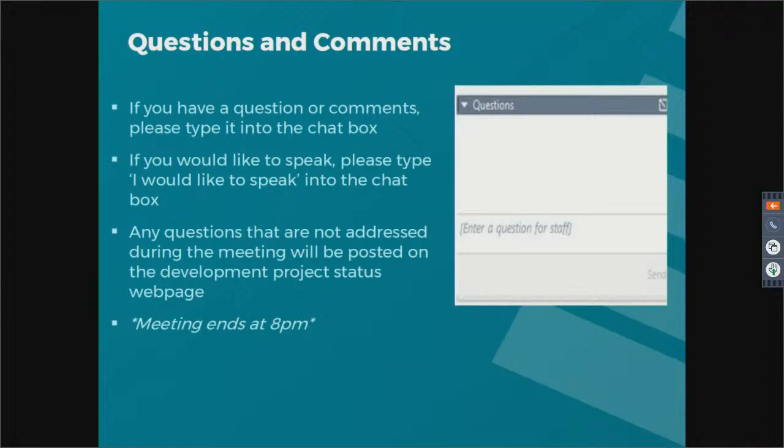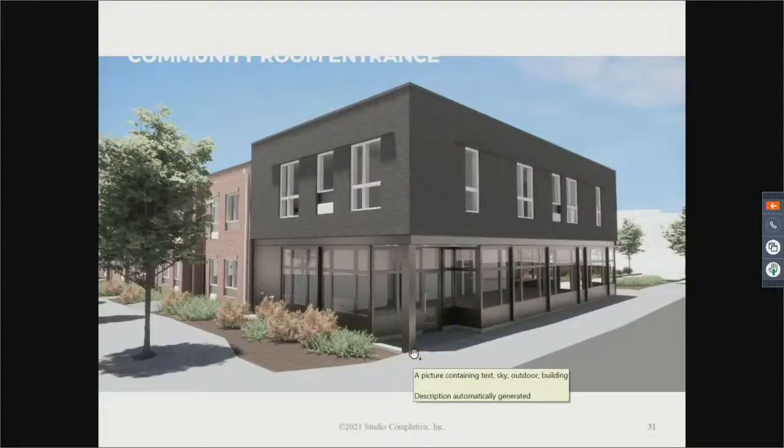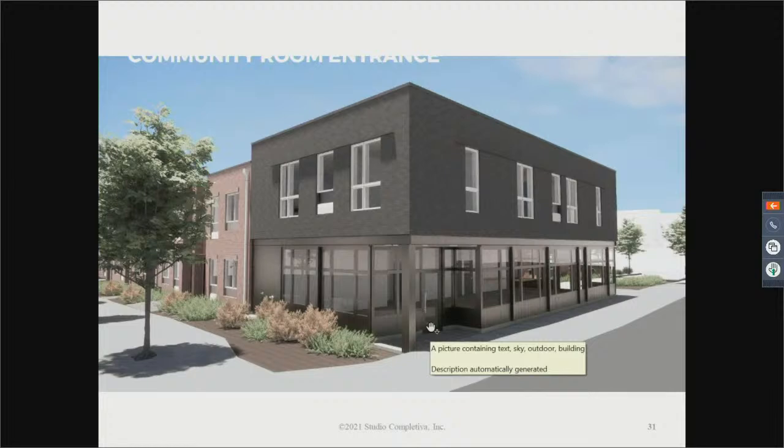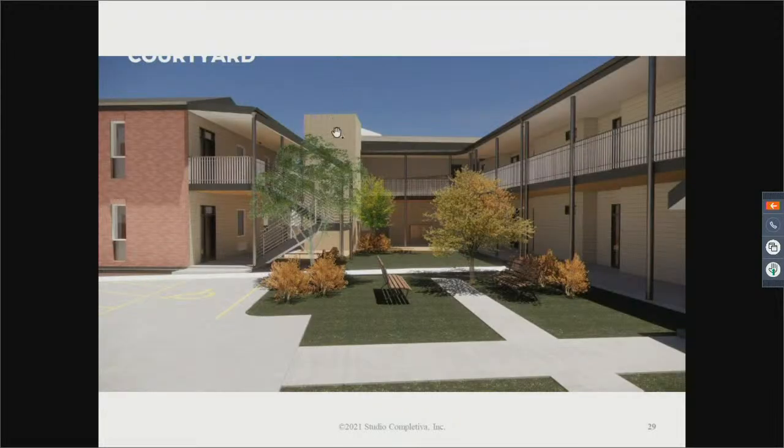I have to say, from where we were a year ago, I'm really quite pleased at the changed plan. It looks to me like through all the various meetings, delays, pandemics, etc., Arturo, you and your team and the people at Studio Completiva seem to listen to all the concerns. I heard elevator, which I know was a concern of Debbie Teeter. There were major concerns about these courtyards opening right at the alley.